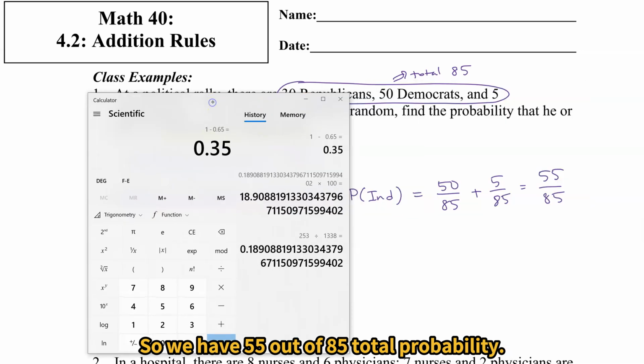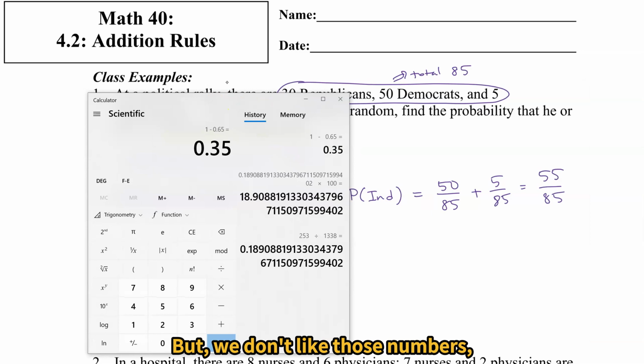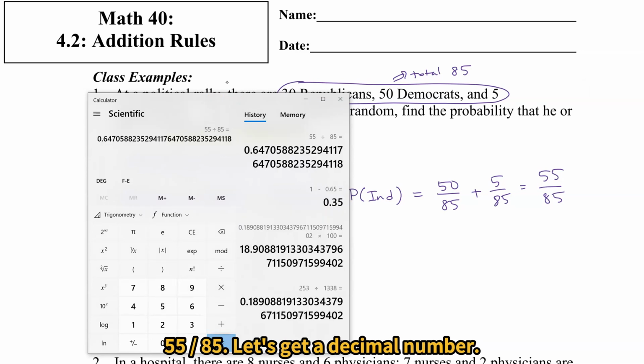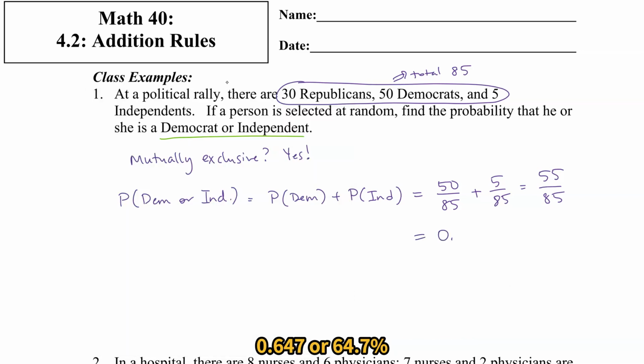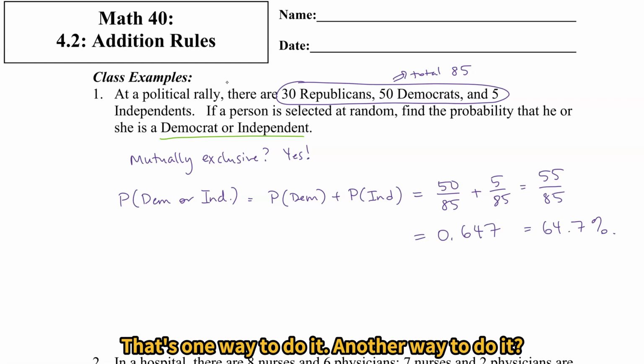But we don't like those numbers, so we're going to change them. 55 divided by 85, let's get a decimal number. 0.647 or 64.7%. That's one way to do it. Another way to do it,